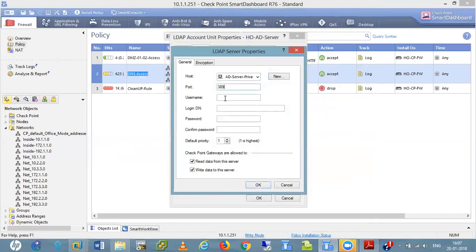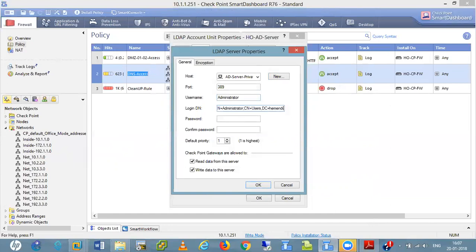Here I give the username. So I use administrator. Here I give the full path of the administrator: CN=administrator, CN=Users, DC=domain, DC=net. In Palo Alto we did the same thing.